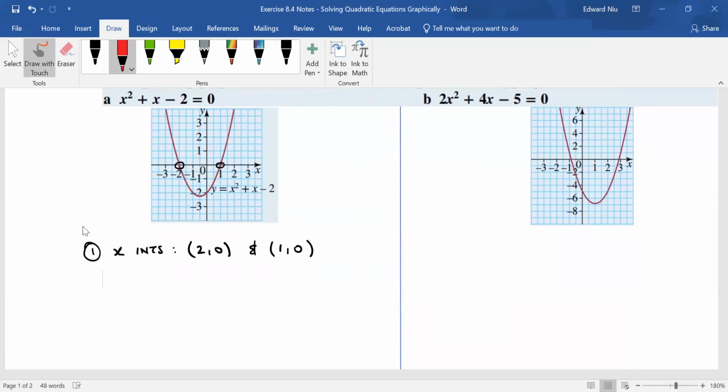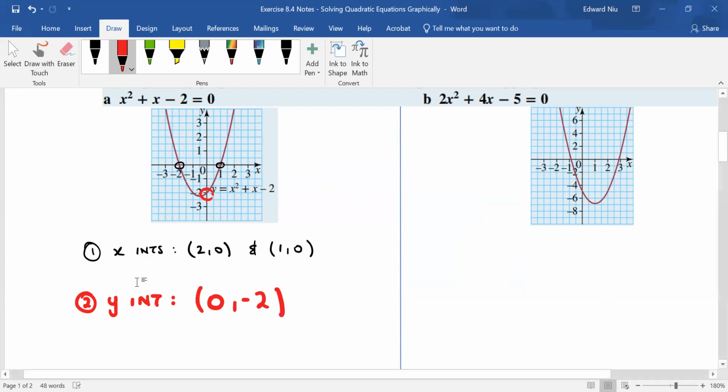We've also got a y-intercept. We've just got the 1 y-intercept. Okay, the y-intercept is the point where the quadratic equation hits the y-axis, which is looking at -2. So the coordinate there is 0, -2. And then lastly, I've got to draw that a little bit smaller. Sorry, guys, because that kind of overlaps with the